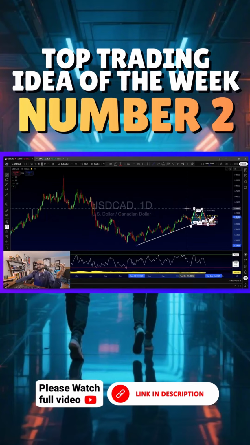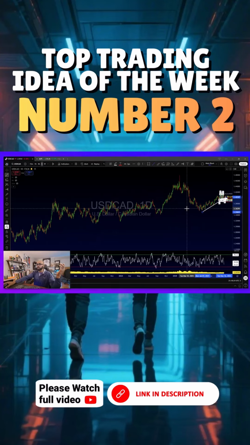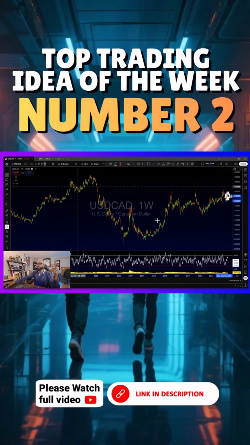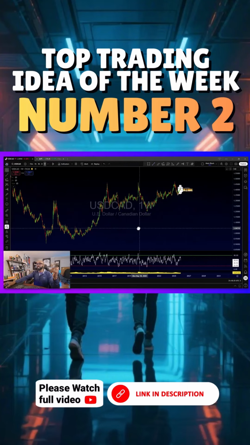But if I keep zooming out the chart, you're going to see that we maybe haven't been in a short-term bullish trend, and we've been in more of a little bit of consolidation. But if I zoom out even more, and by that I'm just going to go to the weekly, you can see that we're actually in a very interesting situation. We've been in this